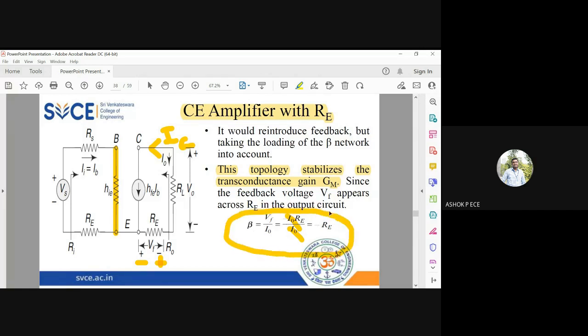The negative sign, you know, is because of the 180-degree phase shift which is going to be introduced by your common emitter amplifier. So for any amplifier, if you're asked to derive, first identify what amplifier it is. Only 4 types of amplifiers we have. Voltage gain will be there for that amplifier, current gain will be there, transconductance will be there, or transresistance will be there. So for current series, we are getting transconductance as our parameter, so GM. Okay, for the remaining 3, you will be getting the other parameters of the